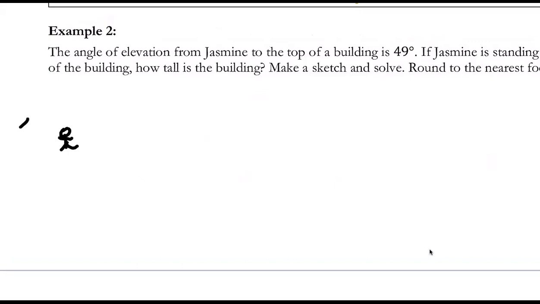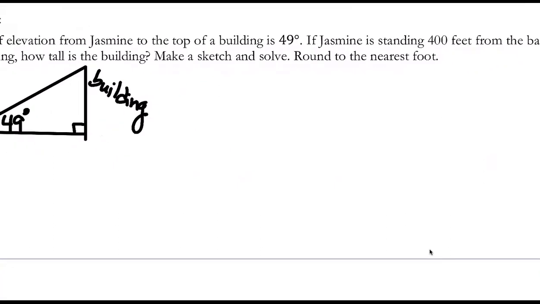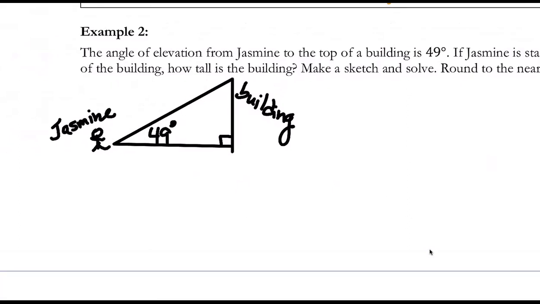Okay, here's Jasmine. Okay, the angle of elevation of Jasmine to the top of a building is 49 degrees. Okay, so that means that the angle of elevation, this is going to be a right angle over here to make a right triangle. The angle of elevation from Jasmine to the top of the building, that means that over here is the building, is 49 degrees. If Jasmine is standing 400 feet from the base of the building,